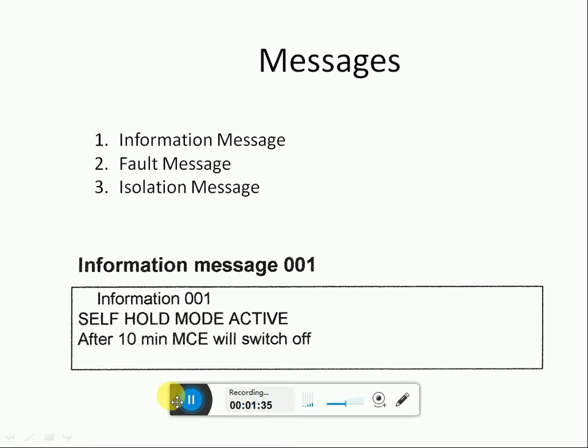After 10 minutes MC will switch off. This type of message is called an information message. Panto rising, please wait. Full TB restored. This type of message is also called an information message.